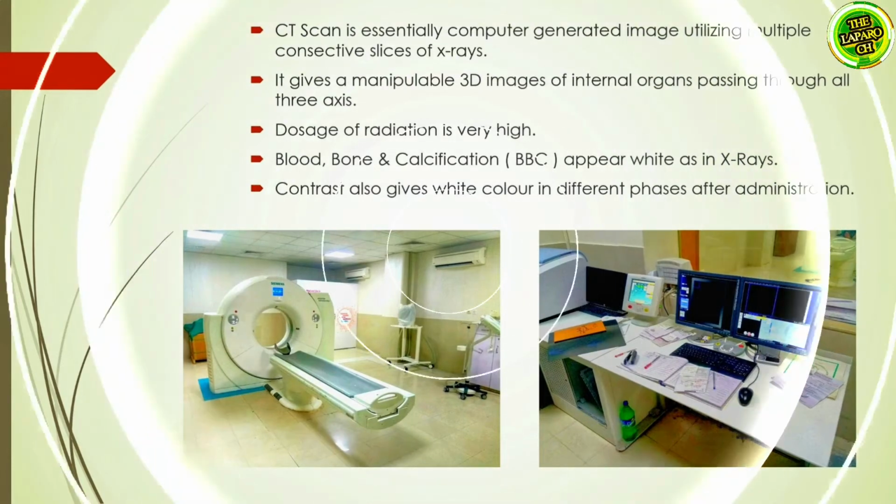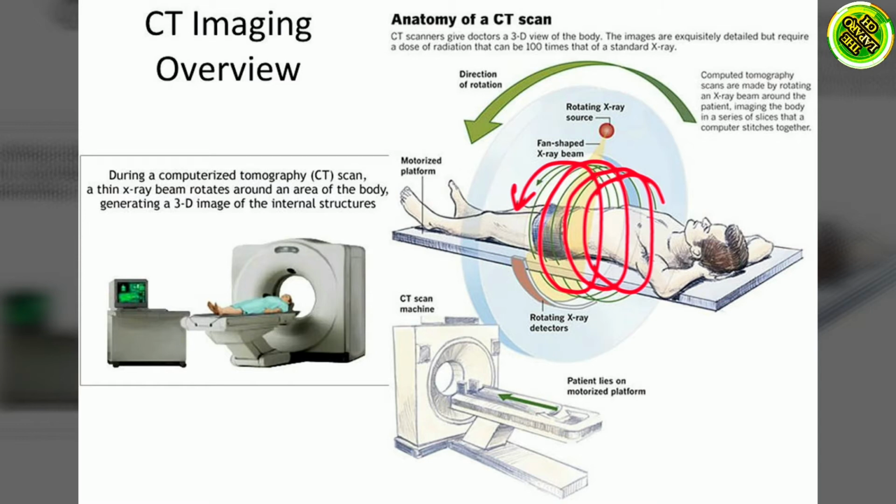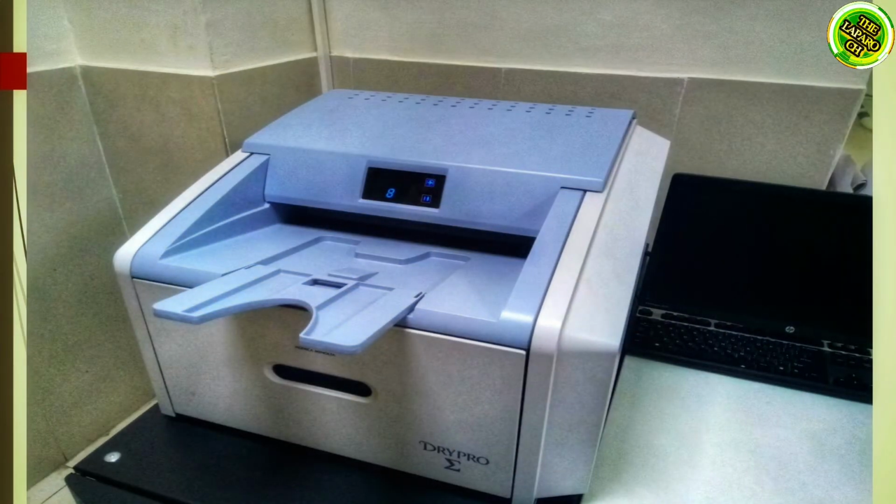How does it work? The patient is basically laid down in a supine position while the X-ray machine rolls around it and takes multiple images. These images are then processed in the central processing unit of the machine and then we manipulate them, resize them, and we can also remove unwanted objects. In this way we can have a detailed look at internal organs, their external and internal appearance. This is a printer for the CT scans and it helps us print the desired CT scans.